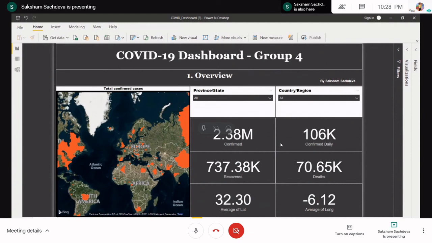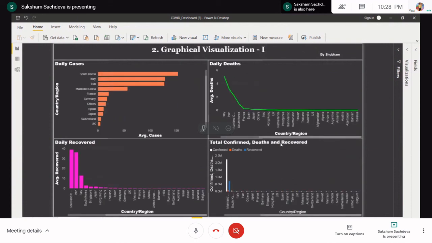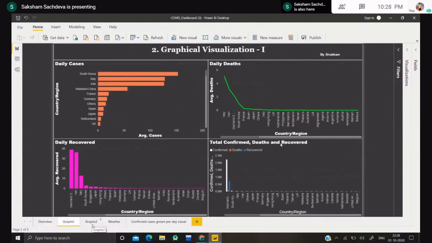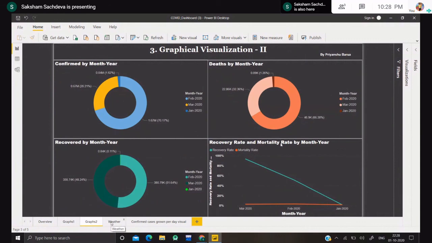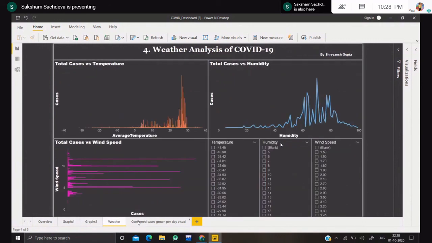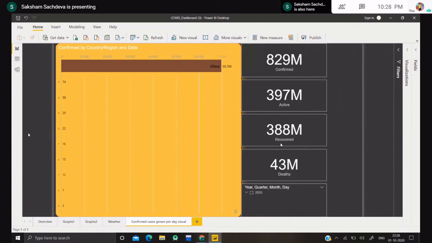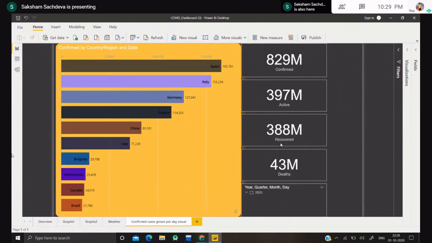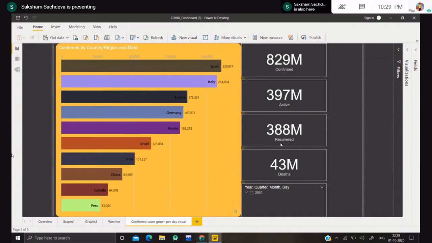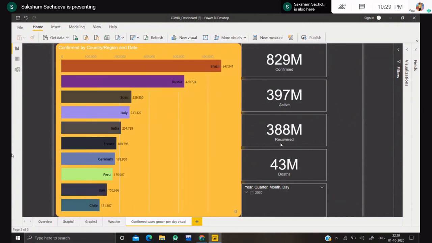Coming to our first dashboard, which we discussed already in our first video, which explained COVID-19 and its spread, we have made slight changes by adding an animated bar graph showing the country-wise increasing rate of cases over time. As you can see, at first China had the most cases, then other countries slowly came up and overtook China in cases in this animated bar graph.